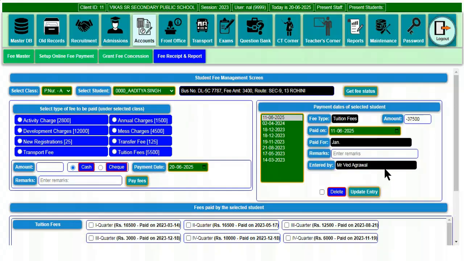Welcome to EduBuds. In this video, we will learn about managing online and offline receiving and managing of fees, printing its receipts and doing necessary adjustments or corrections when required.